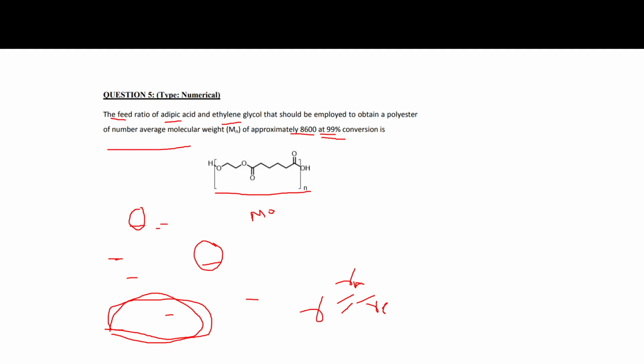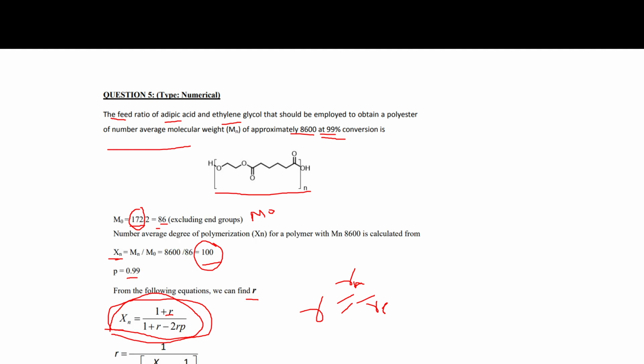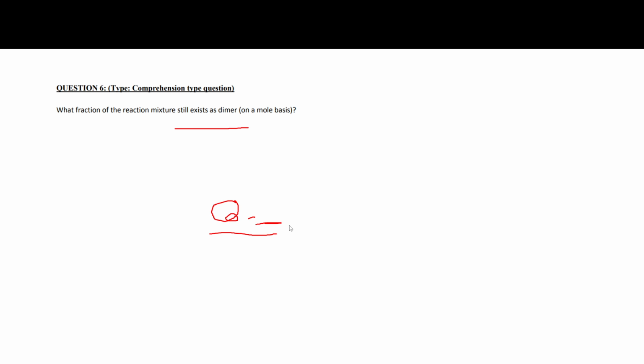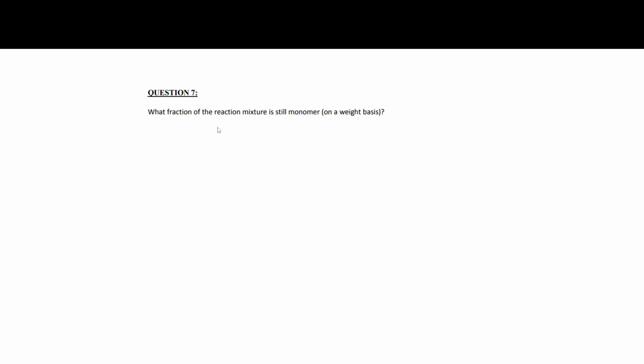So from this equation, we can calculate the reactivity ratio by only knowing the extent of reaction and the molecular weight. We can also calculate the fraction of the reaction mixture that still exists as a dimer, that is the mole fraction. Also we can calculate what weight fraction of the reaction mixture is still monomer, which will be given by this equation, Wx equal to x into (1 minus p) squared into p to the power x minus 1. You know the p value, the extent of reaction, and x is 2,